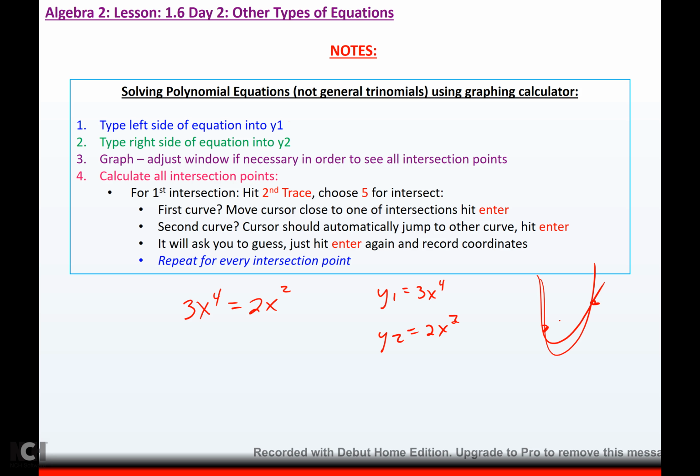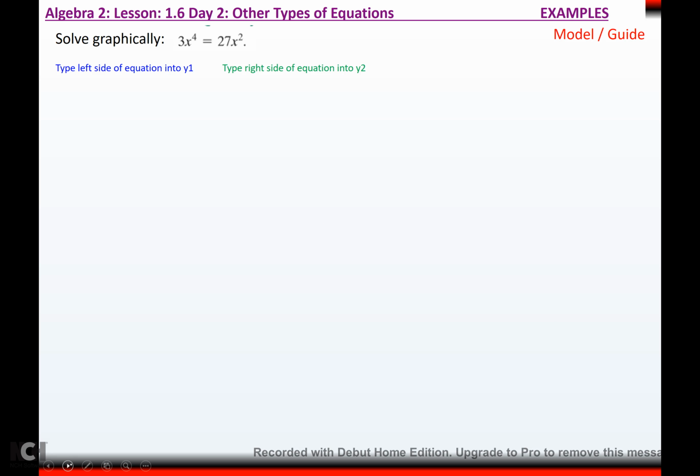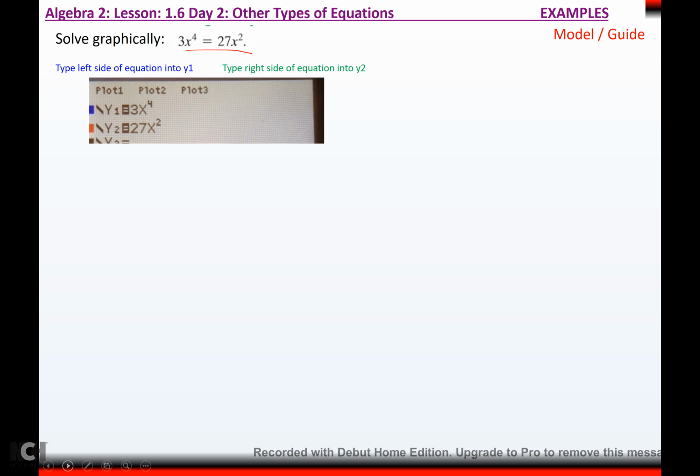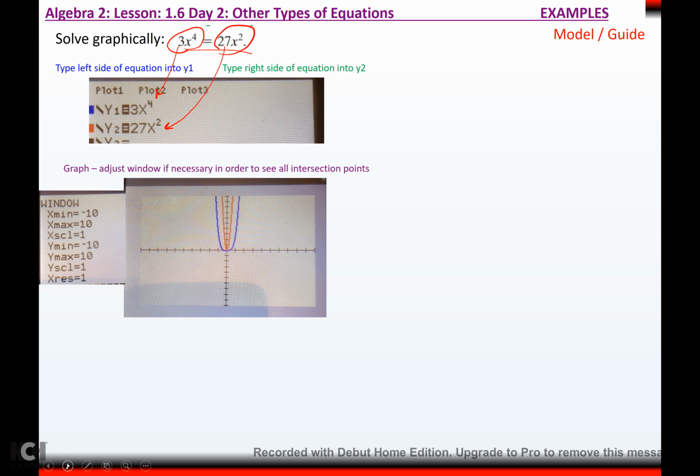These would both be fourth degree. This one ends up being a parabola. This one's a parabola, and then wherever they cross would be your intersection points. All right, so here we go. Here's my equation. So I'm going to go to my graphing calculator, and for y1 I'm going to type 3x to the fourth, and for y2 I'm going to type 27x squared. You're trying to figure out when these two functions are equivalent to each other. So if I hit graph, and there's my